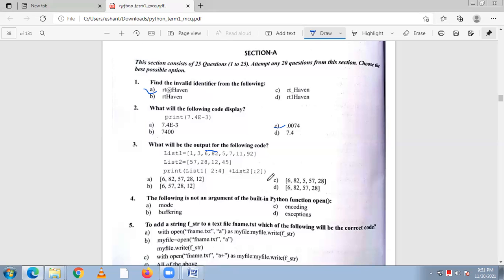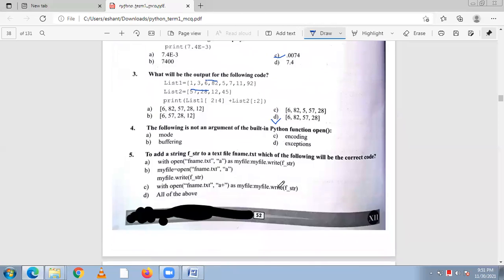Now plus list 2 starting by colon 2, so now 0 and 1. So what will be the output of this code? According to index, we have to set list 1 plus list 2. So first list 682, second 5728. So the answer is D.